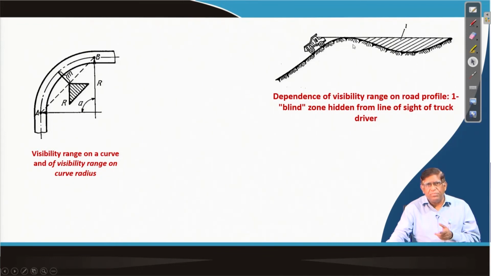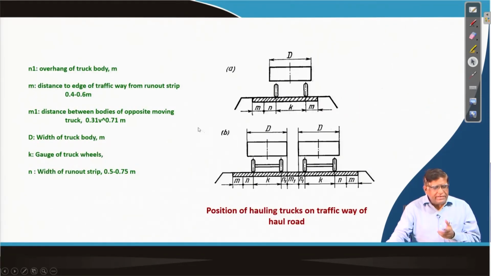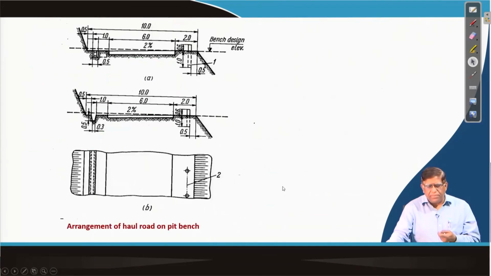So, there should be proper alarming and things like that, which nowadays many new electronic and digital gadgets are coming up to help the operator to see that in such types of situations accidents do not take place. Then you will have to see how the truck will be maintaining its body on a haul road, and how much distance the two trucks will keep. All these things are given as a normal standard procedure, you will have to put them in, and only then can you achieve the proper performance of the truck.